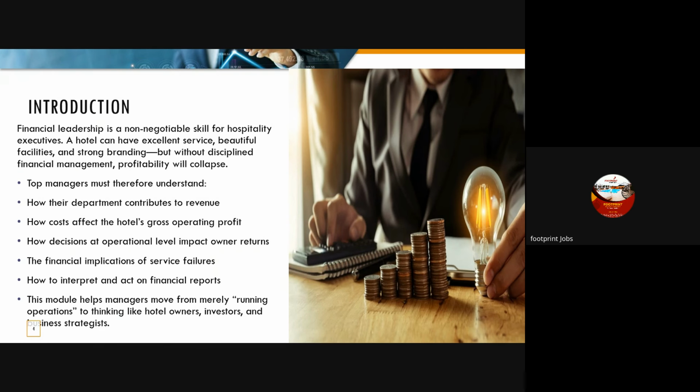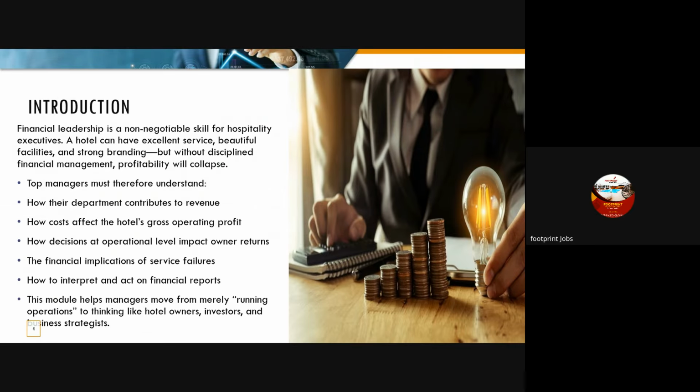Now, financial leadership is a non-negotiable skill for hospitality executives. So most times when I interview people for different roles, be it housekeeping head, kitchen head, I am very particular about interviewing or onboarding people that actually have some knowledge about their financial situation. That means if you want to be on top of your game, you need to be financially aware of what happens around your department. You cannot be a good departmental manager, operation manager, whatever manager, if you don't have a good idea of how your financial situation is as regards your department. Are you making profit? Or if it's a cost center, how is your cost properly managed? Is it managed properly, or you're just spending money without looking at the bottom line or how it's affecting your